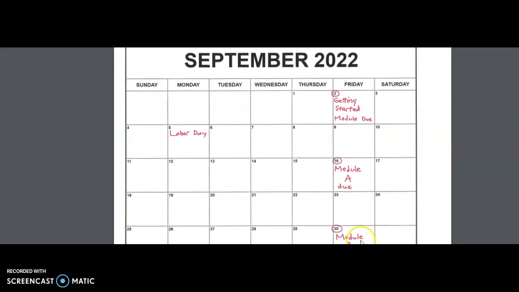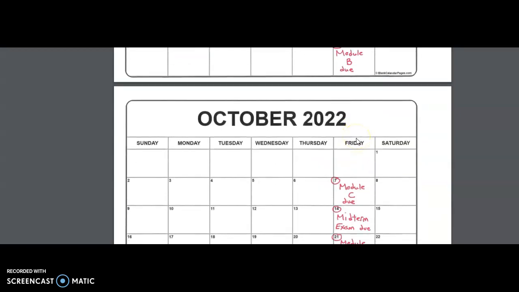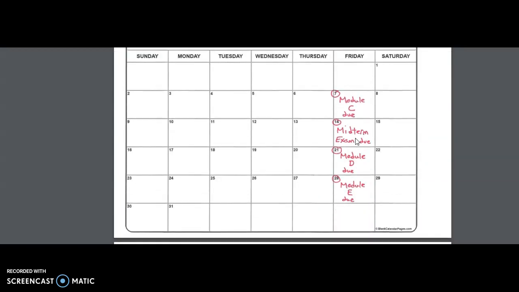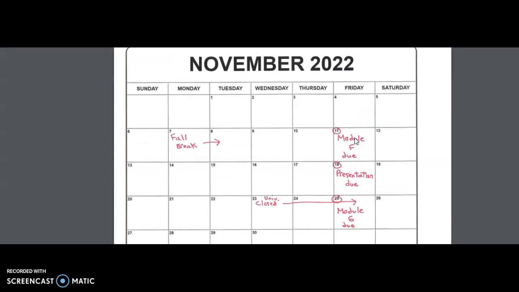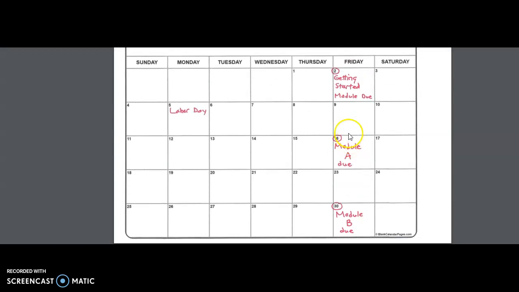It's cool. So module A isn't due, I mean, we have a while before module A is due, and then module B, and then again in October it gets a little more back to back to back, and kind of in November as well. So maybe at the end of the semester, you might say, oh, we don't need this much time at the beginning of the semester. And that is something I will definitely consider and change if it would work better for all of you, or for the future students, not for you because you're already taking this.